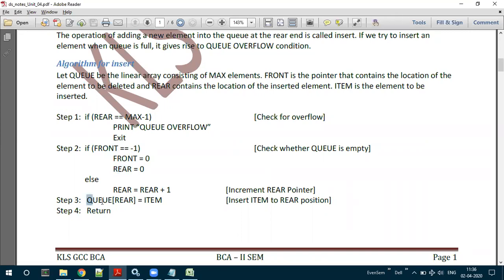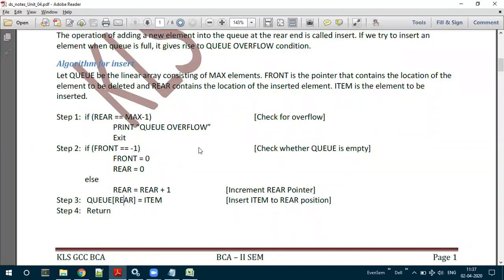If Q is not empty and contains certain elements, then this condition is false, and we execute the else part. In the else part, just increment rear by 1, that is rear equals rear plus 1, and then insert the element, that is item, at the rear position.